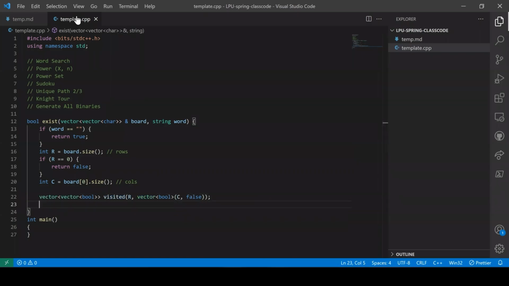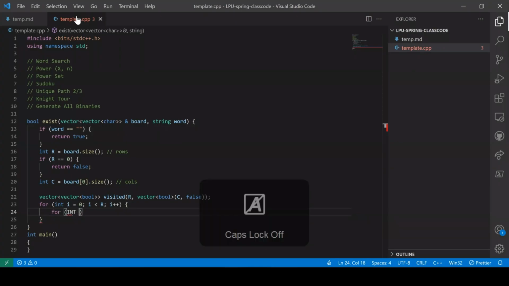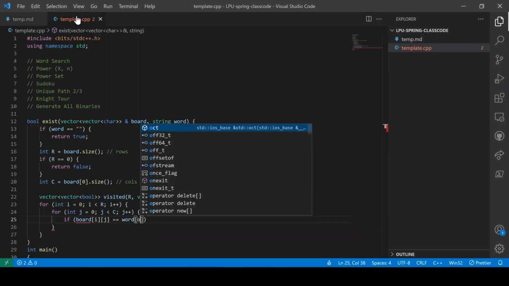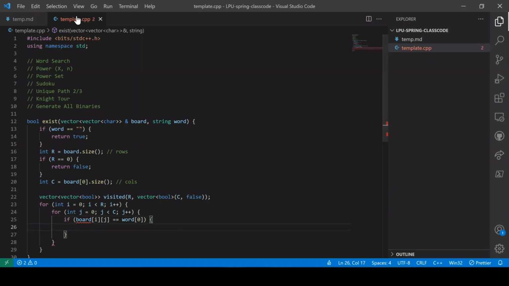Now that this part is done, what am I going to do? I'm going to find the first character. For int i equals 0, i is less than r, i plus plus. For int j equals 0, j is less than c, j plus plus. If board[i][j] is equal to word[0], right? If it is the first character which I wanted to find, that means this is the spot, correct? If this is the spot, then I have to check